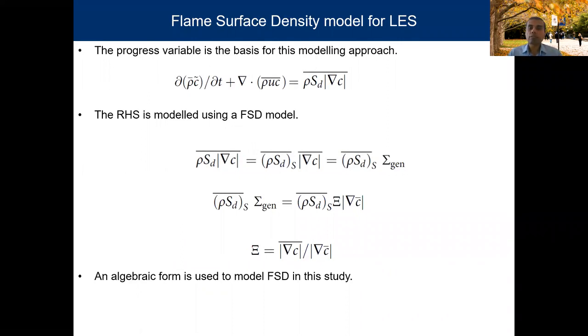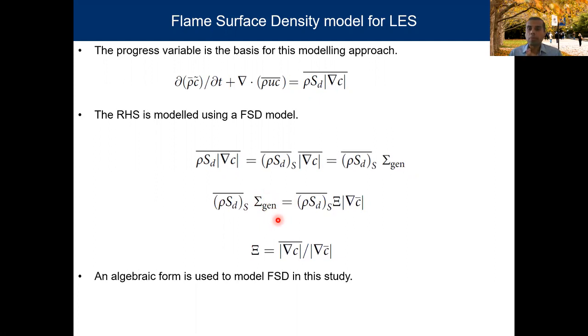The framework that we have used is called flame surface density model, and it's in the context of large eddy simulation. In this framework, you have an equation for the progress variable with the source term on the right-hand side. So you can see our friend SD here again. And this is the one that we want to model. You can do a little bit of algebra and make some assumptions, and then you can model it as a function of what we call the flame surface density, sigma gen, which is